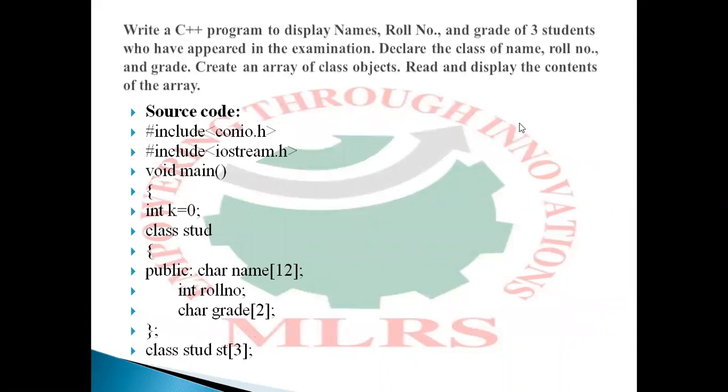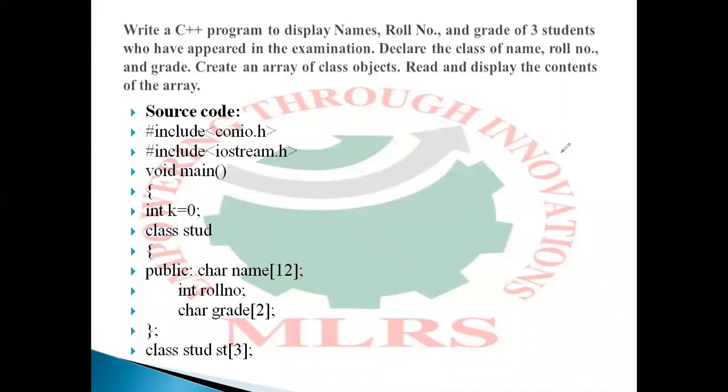Now come to the first program. The first program is: write a C++ program to display names, roll number, and grade of 3 students who have appeared in the examination. Declare the class of name, roll number, and grade. Create an array of objects, read and display the contents of the array, which indicates that we have to display,